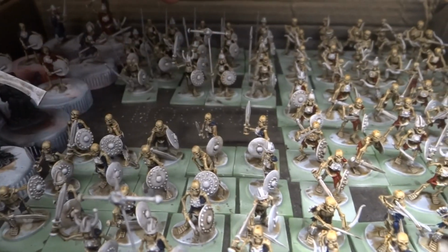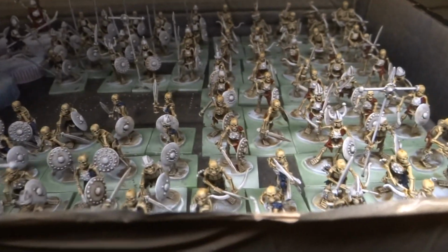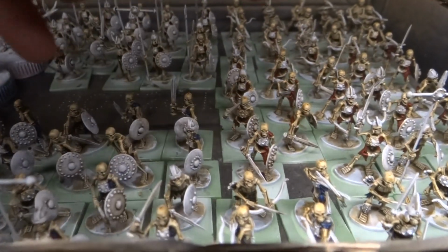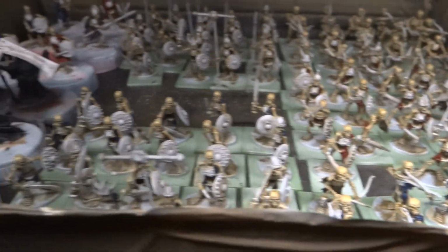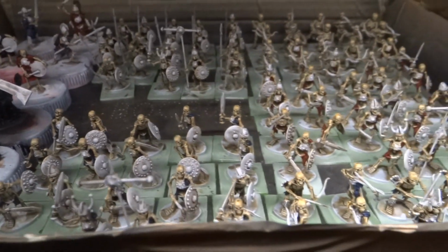So the purple right now is just Spearman, and 10, no, it's just Spearman, actually. And then the other two colors, there's each one unit of 20 soldiers and one unit of 10 archers. And the third unit of 10 archers that used to be here, I actually took that out because